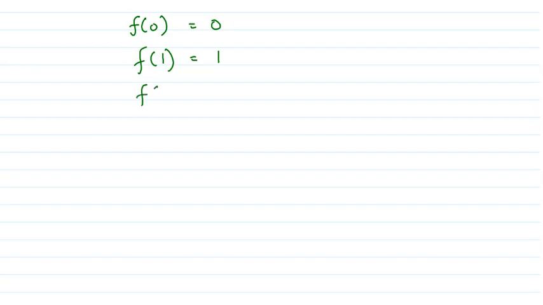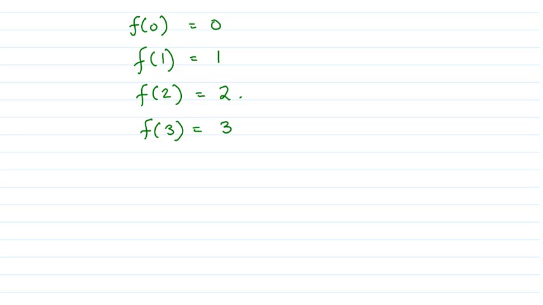What about f of 2? We are going to have one plant that was in the previous year and the one that was produced in that year. So this is going to be 2. Similarly, what about f of 3? That is simply the one new plant being produced and the 2 previous plants. So that is simply going to be 3, and so on, right?